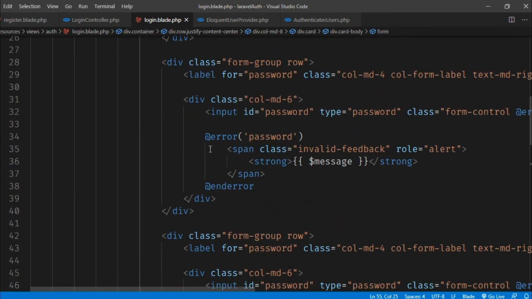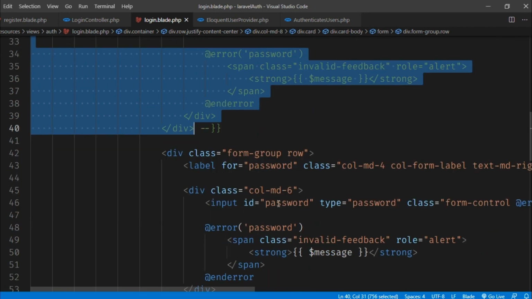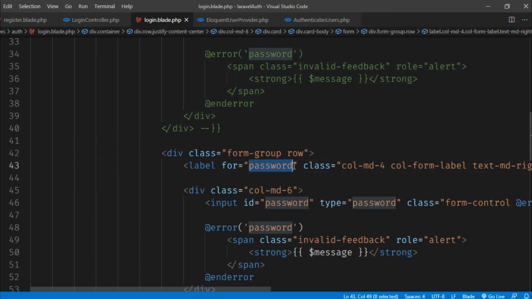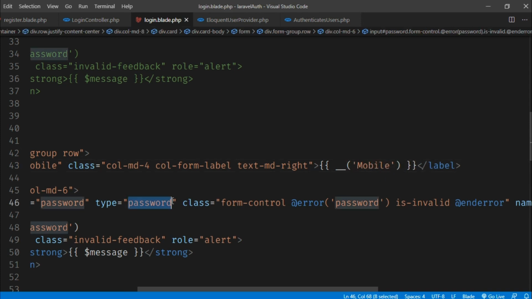I've already copied this thing. Let me comment this thing out. Now instead of password I'm using the mobile field, and I'm using the name as mobile. It will be type text.